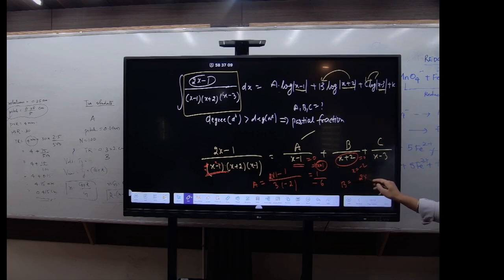2 into minus 2 minus 1 divided by minus 2 minus 1 is minus 3, minus 2 minus 3 is minus 5. So what is the value going to come? Minus 4 minus 1 minus 5. B will come minus 5 divided by minus 3 into minus 5. Minus 5 get cancelled. So B is,